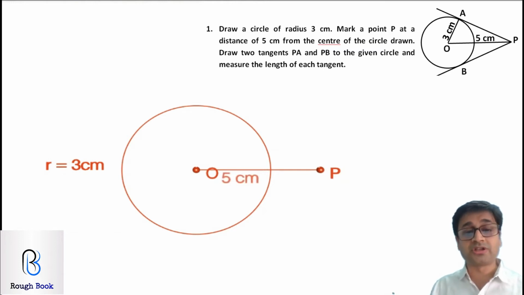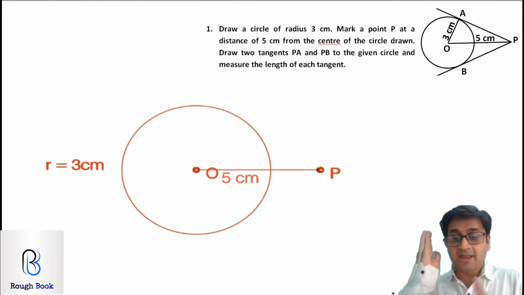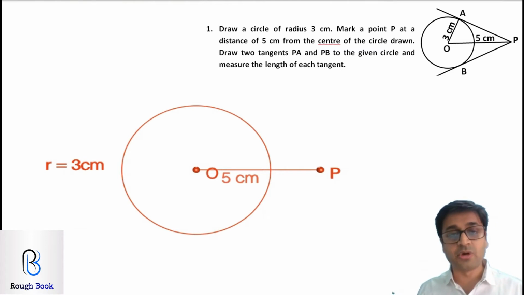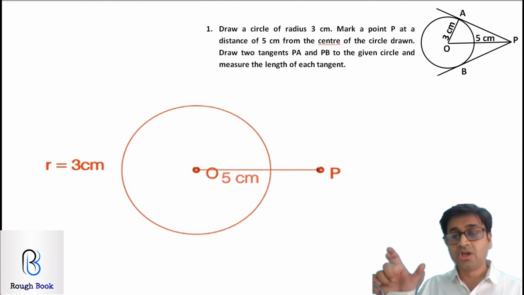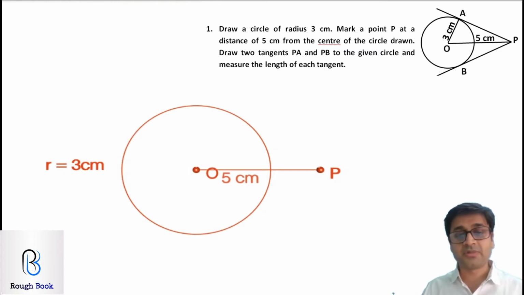Now how are you going to construct tangents from this point P? That's very important. The easiest method is you take segment OP and bisect it. How to bisect? Take more than half. We already know the angle or side bisector. So take more than half, bisect it up and down from both sides. Draw your perpendicular bisector. Whichever point it hits on OP, from that point take the radius till O and draw a circle passing through OP. So basically we are making OP as a diameter. Okay, draw this much and then come back. So let's see how it goes.